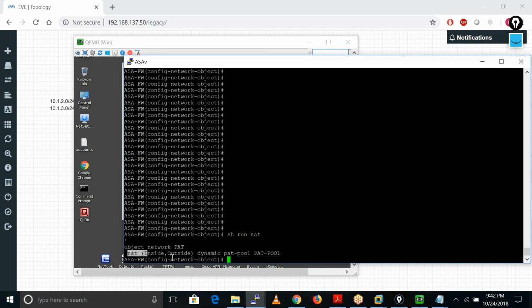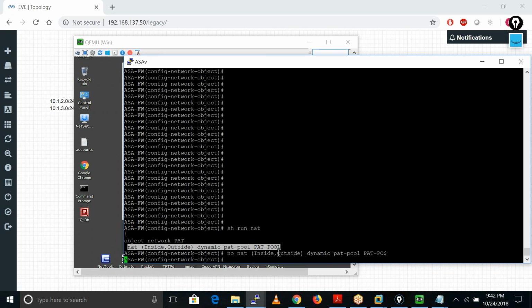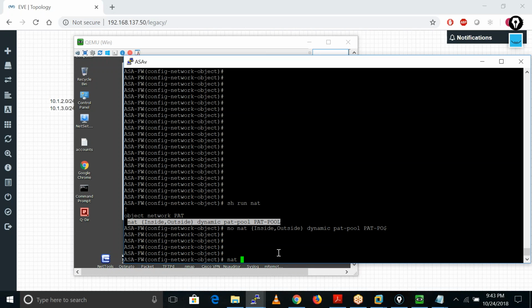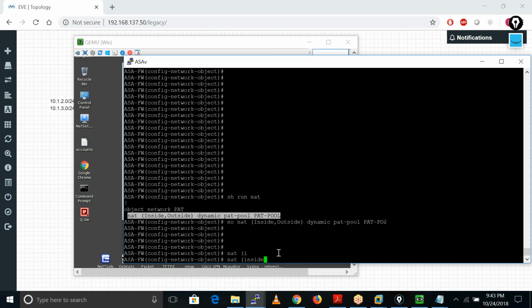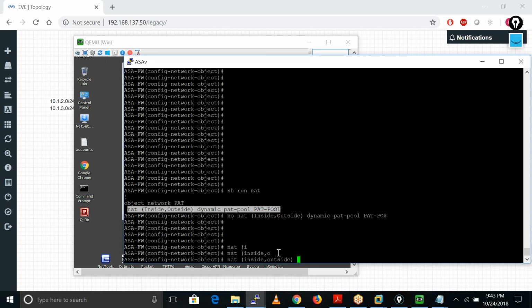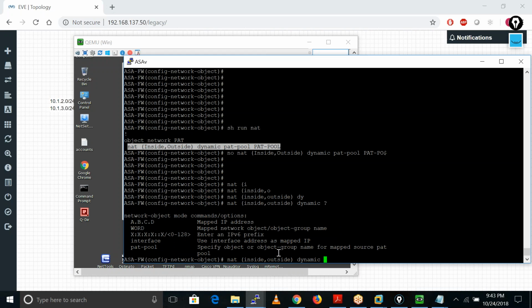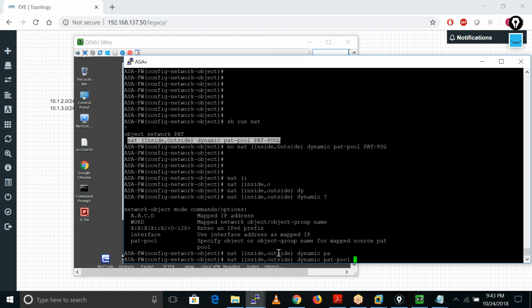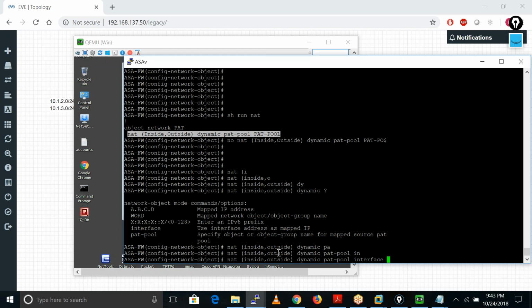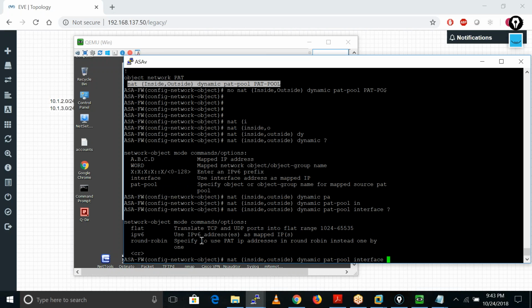So first I just want to remove this one. Nat inside to outside dynamic. Then we use the PAT pool after the interface. After that we can define our, not this one actually, flat, translate TCP port on a flat.